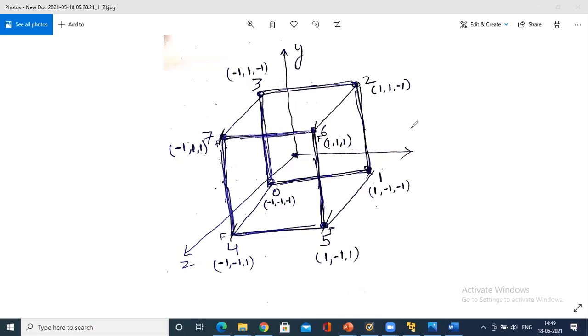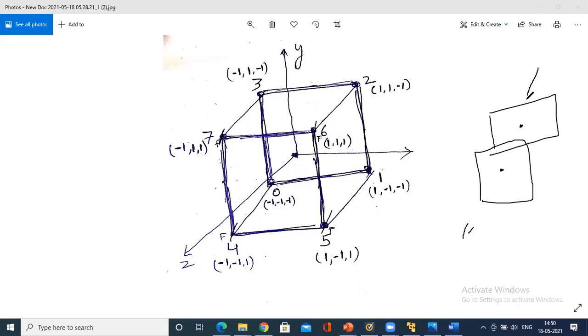You could see the faces of a cube right now. This is the front face and this is the back face. The coordinate systems along the x-axis, y-axis, and z-axis are centrally placed. Centrally placed means, as I said in the morning, it passes through the middle of the face.